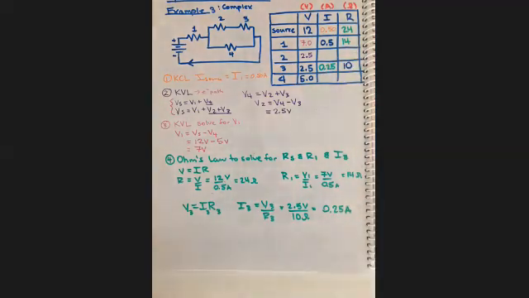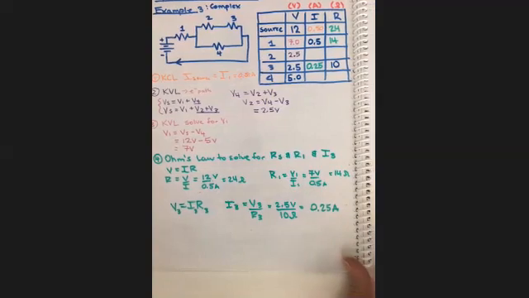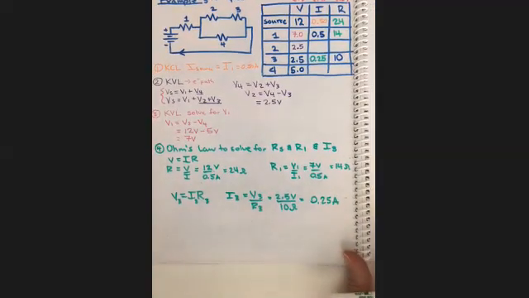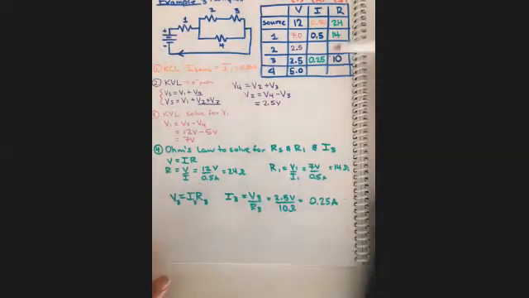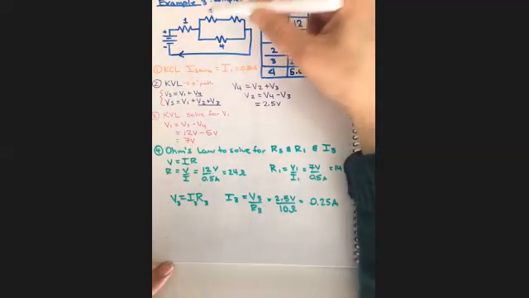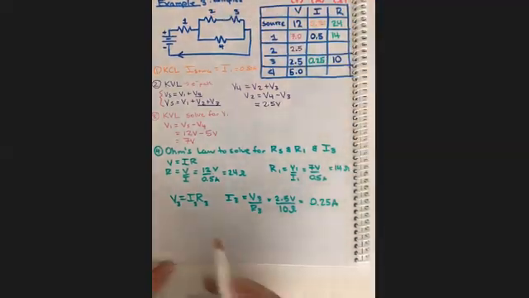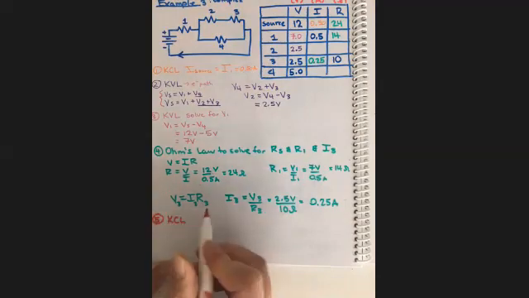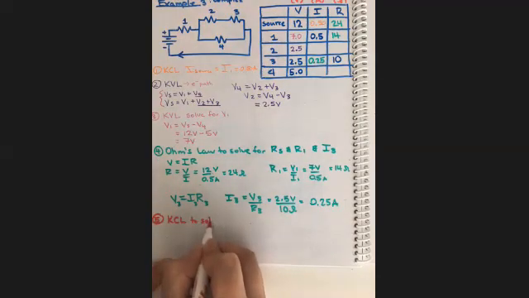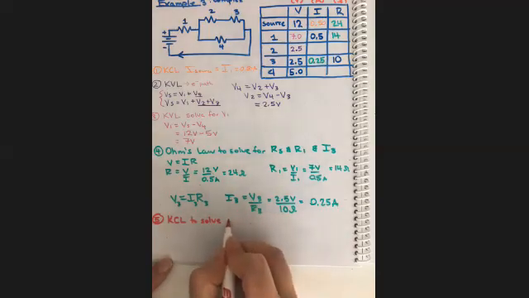Yes, this problem takes a long time, but it is really worth it to practice these longer problems. Now we said if we know the current through 3, we know the current through 2 because there is no split. So the next thing I'm going to do is use KCL to solve for I2,